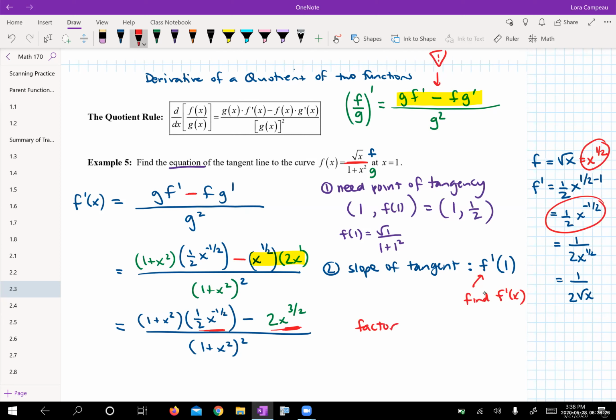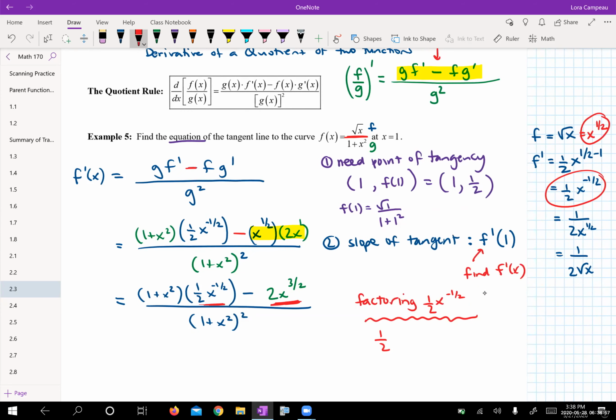Maybe you have some experience in pre-calc with this, but most of the time it's not covered that much, and it just takes a little bit of brain power. So a little bit on this, factoring out 1/2 x to the 1/2. And actually, I'm going to take this with both of the numbers right here. So I'm going to start off with trying to rewrite 1/2 x to the negative 1/2. Whenever we had to do this back when we were learning how to factor,